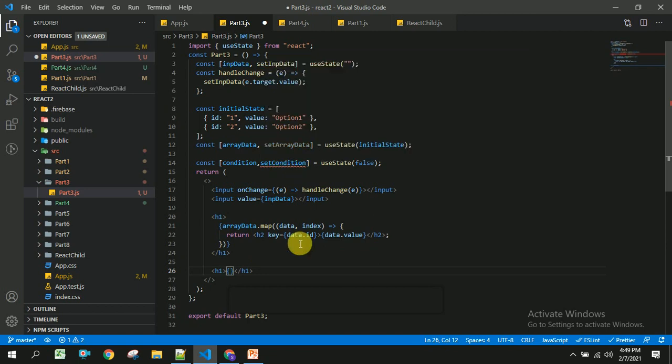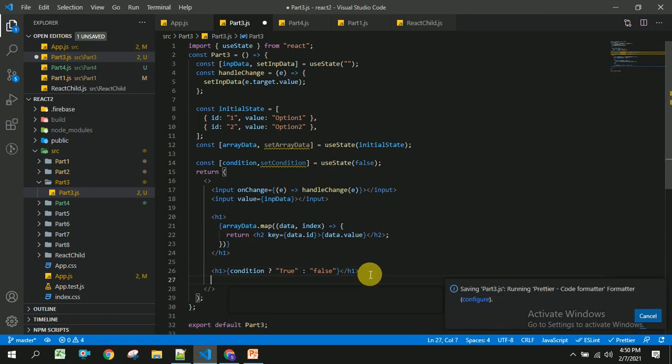If condition is true, we are going to show true. If condition is false, I am going to show the text as false. And I am going to take another button.